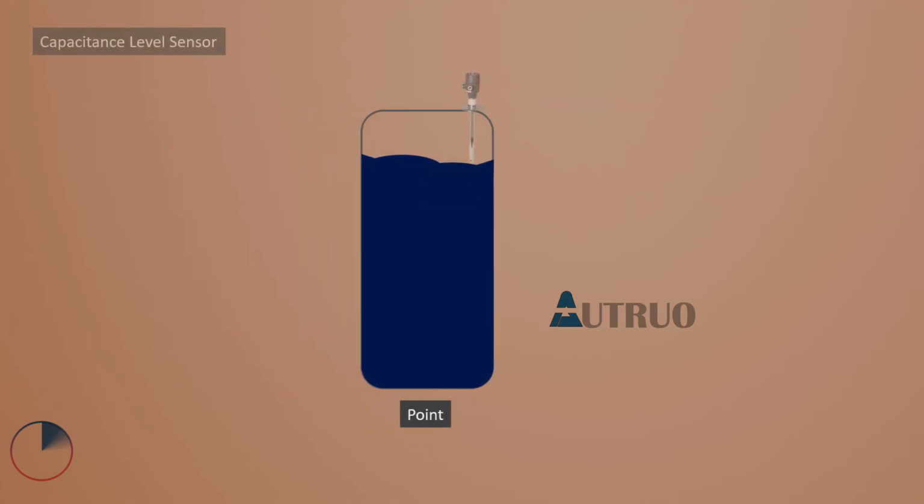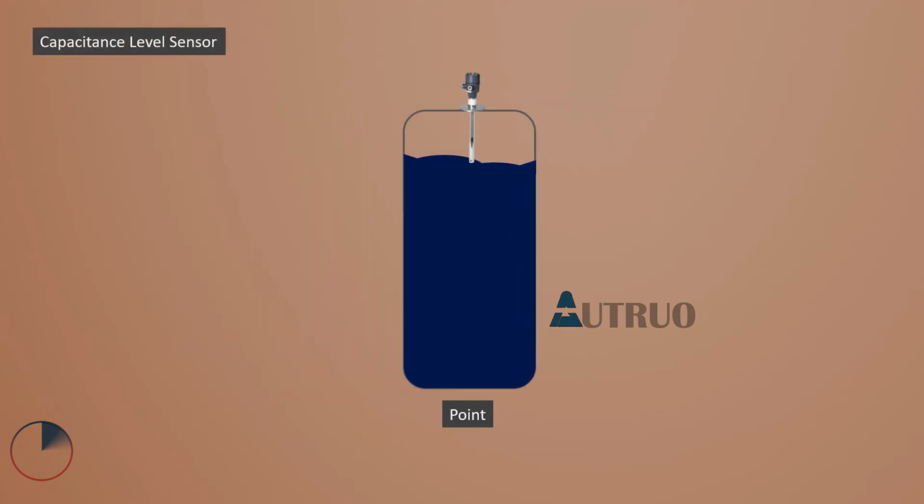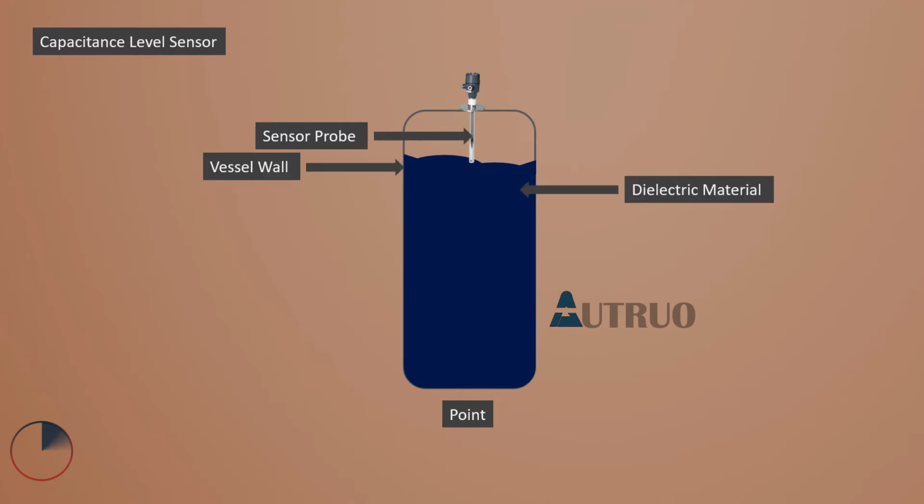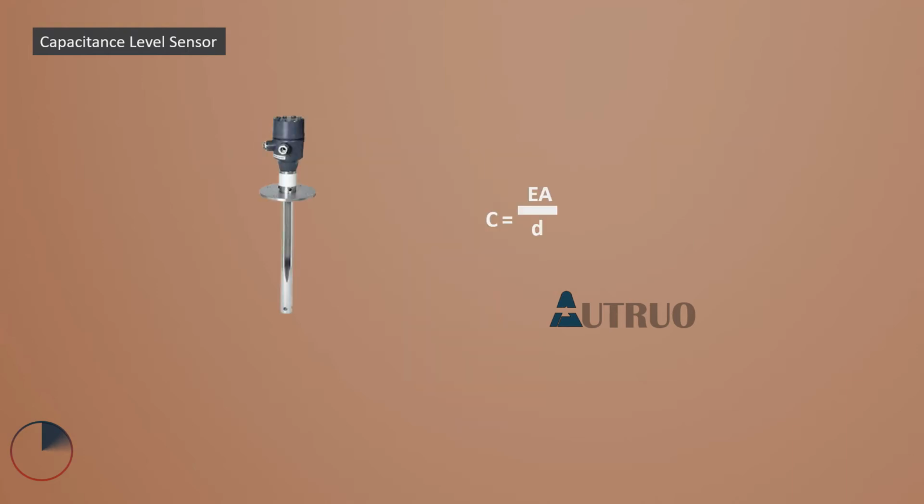Capacitance level instruments operate on the principle of electrical variation, or capacitance, of a capacitor formed by the sensor, vessel walls and the dielectric material. The capacitor is made up of two conductive plates which are separated by a dielectric material. Let's look at this formula. Capacitance, denoted as C, is directly dependent on the plate area, denoted A, and the dielectric constant of the material